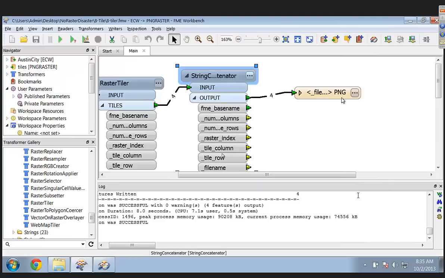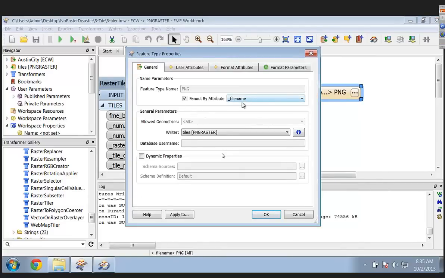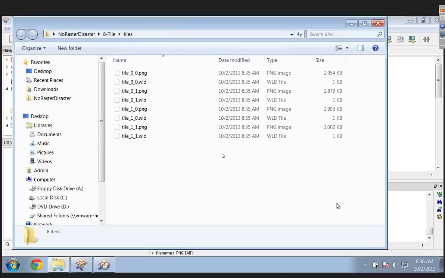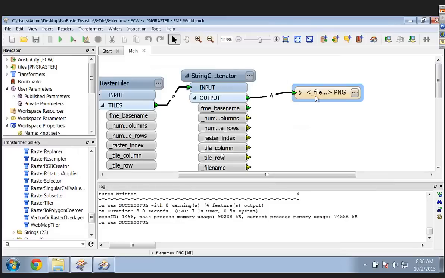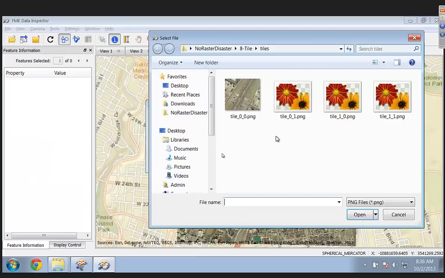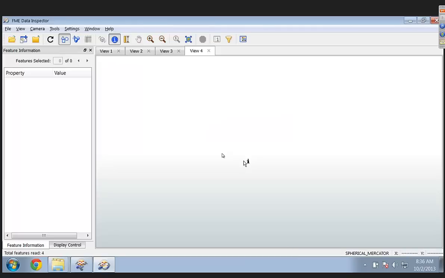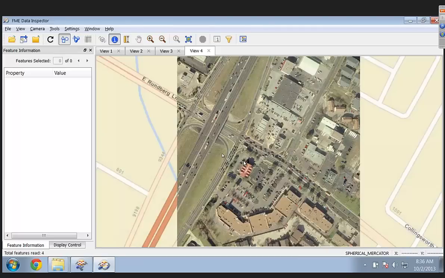And so then I used a fan out here on the file name attribute. That's the file name attribute on the fan out in the properties of the PNG writer that I created from that string concatenation. And so if I look here and open the containing folder, sure enough, I have some world files I wrote out as well, but there's the PNGs. And when we go and bring this up in the inspector, let me just grab these. And here they come. We should see a nice, yeah, they came in as tiles, and isn't that something pretty? All right, so that's tiling.